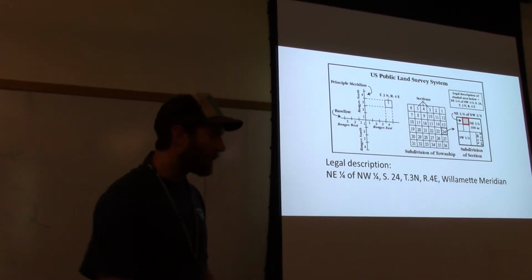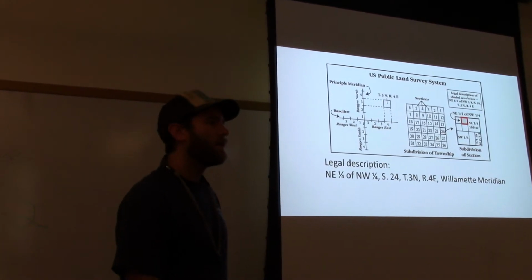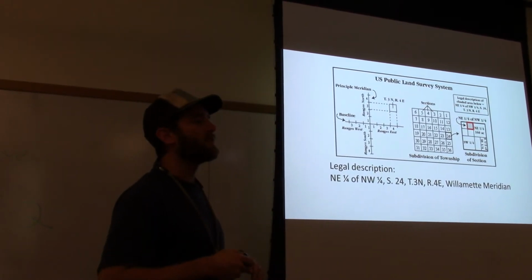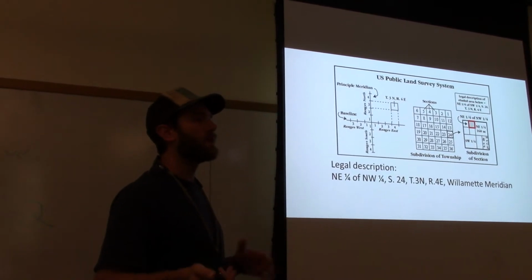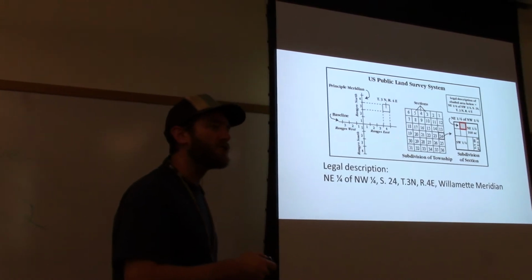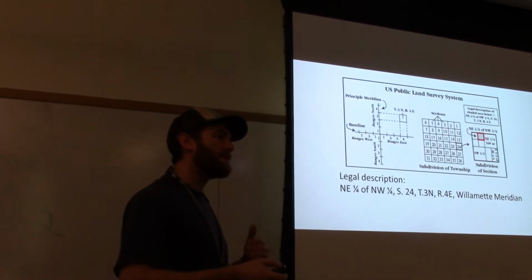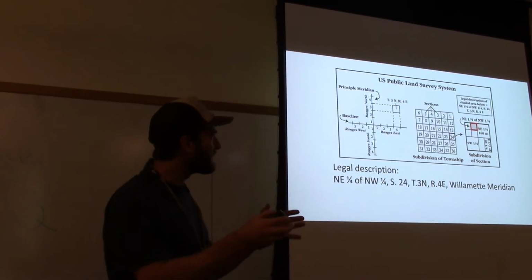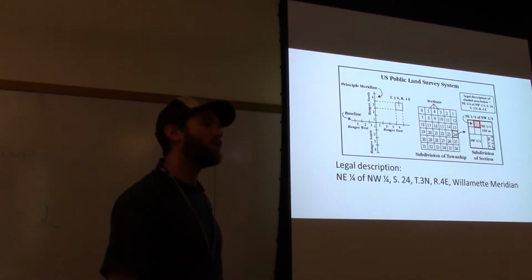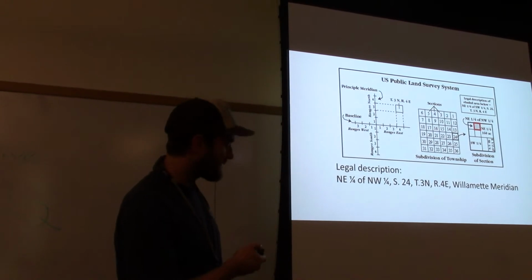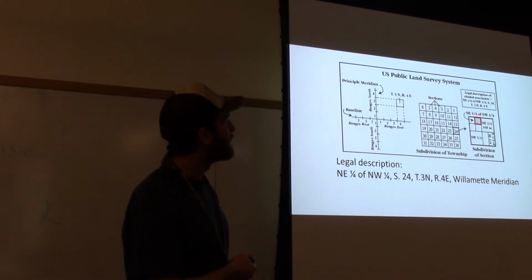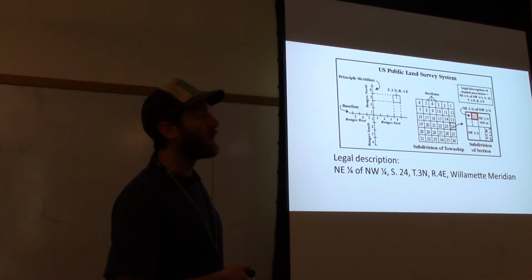I imagine that when land was first divided, when people were going to the frontier, you had these large areas being sold to people, maybe a whole township. But then as land starts being sold into smaller parcels, we keep breaking these things down into smaller and smaller areas. And so you get down into things like, well now we want to know what the northeast quarter of the northwest quarter is. And then within that,